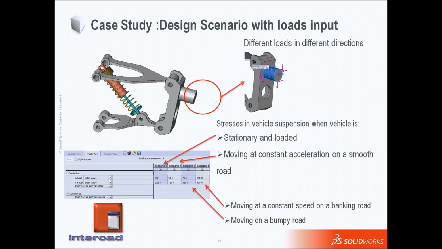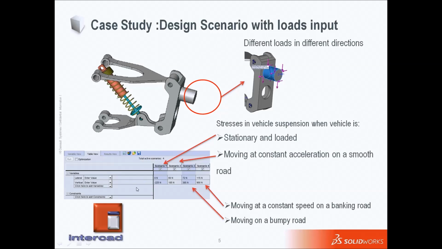But we would like to see, if we have a range of load, how the response of this structure will vary. We will explore stationary and loaded, where the lateral loading would be 0,